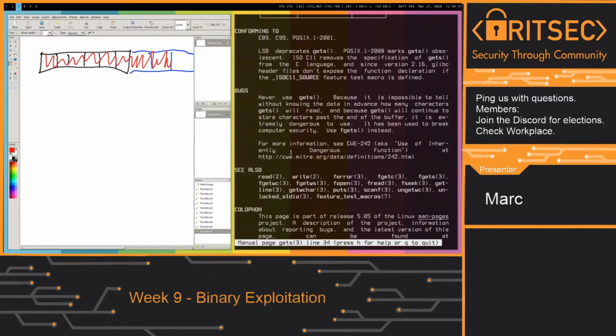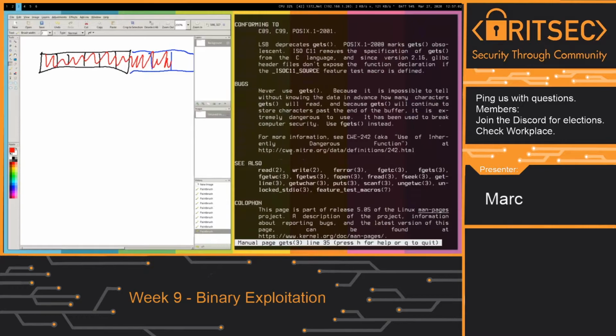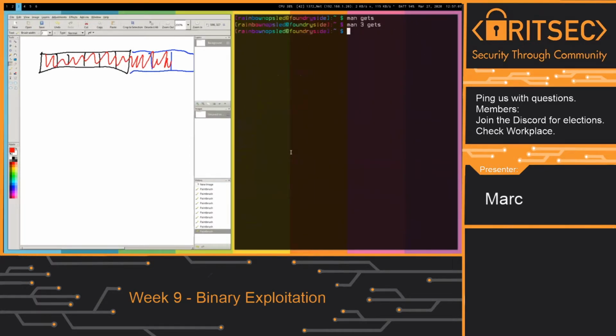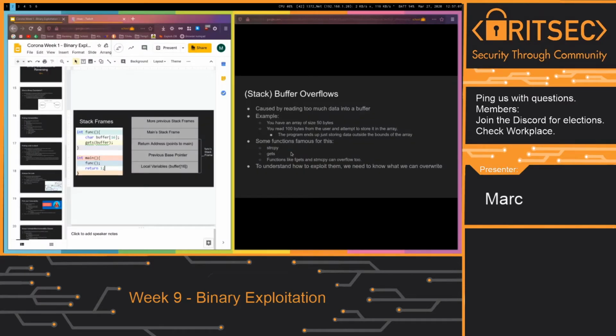It exists, you can use it, but the man page essentially just tells you how this function is. And the reason why is because gets reads from standard in, and it writes whatever it receives to wherever you point it to. So like,